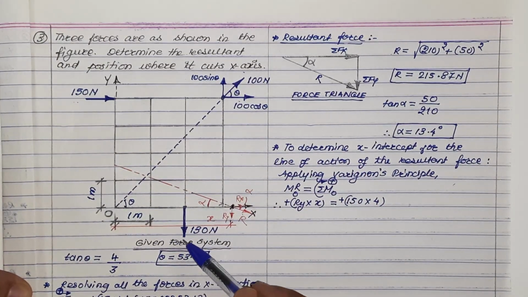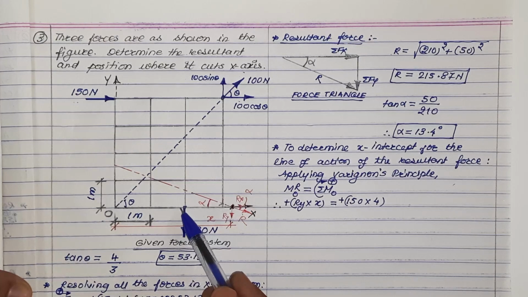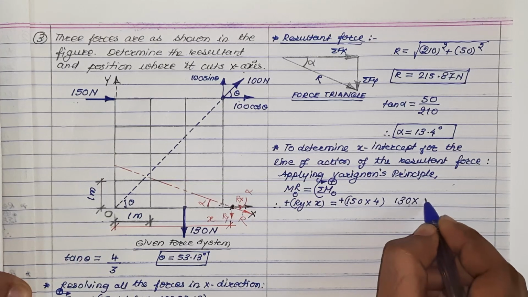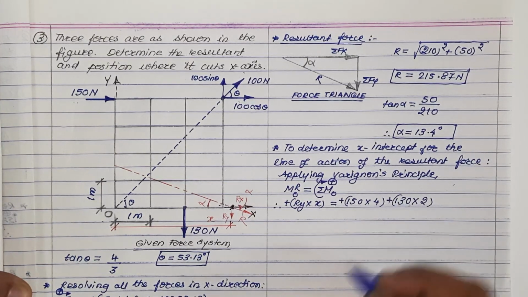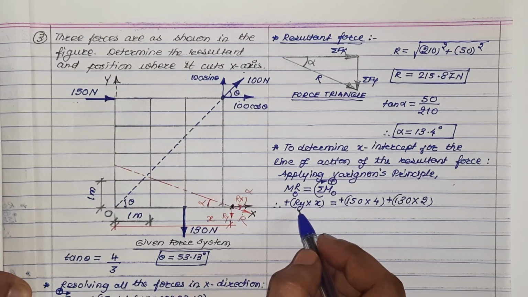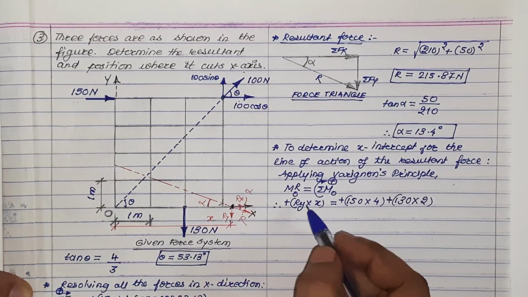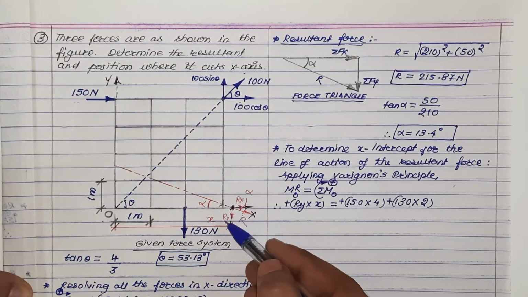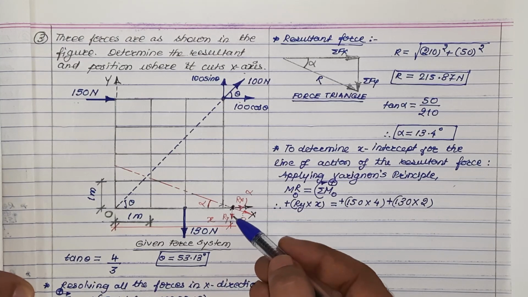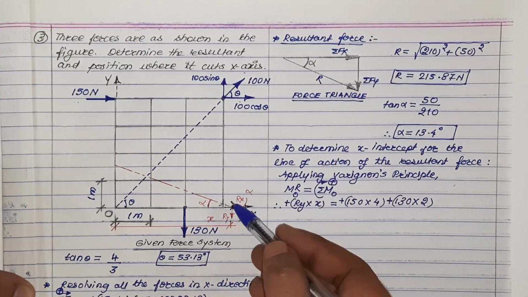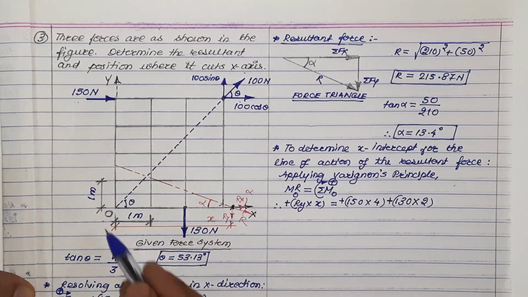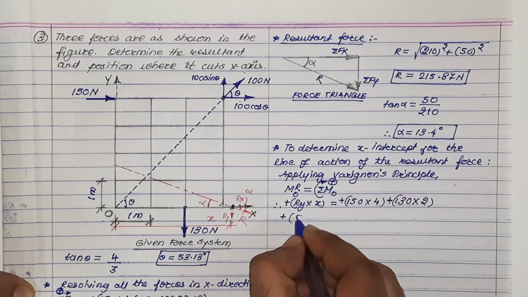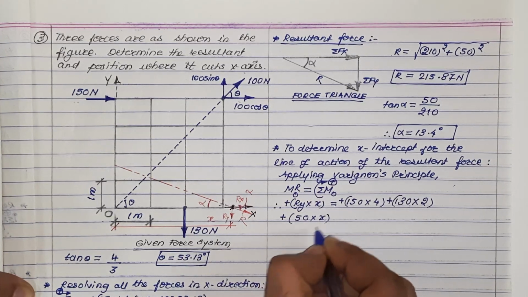Third force is 130 Newton. It is acting at 2 meter distance from point O. So, it will create a clockwise moment 130 multiplied by 2. How much is Ry? Ry is nothing but summation Fy. Summation Fy is 50 Newton, which is acting downward. So, downward direction we have already shown, right? This downward direction of force will produce a clockwise moment about moment center O. Hence, it will be written positive 50 multiplied by x.